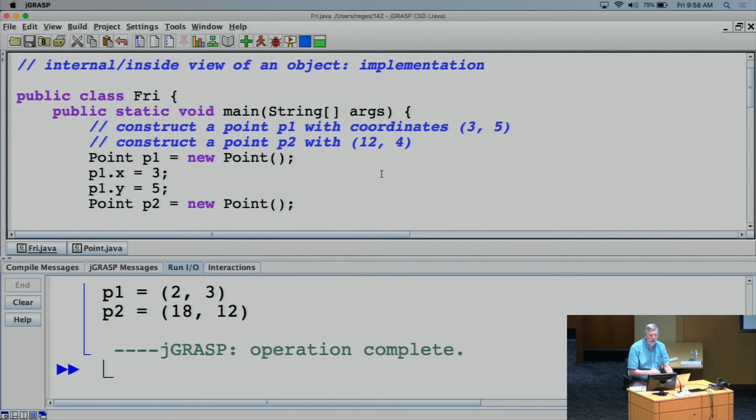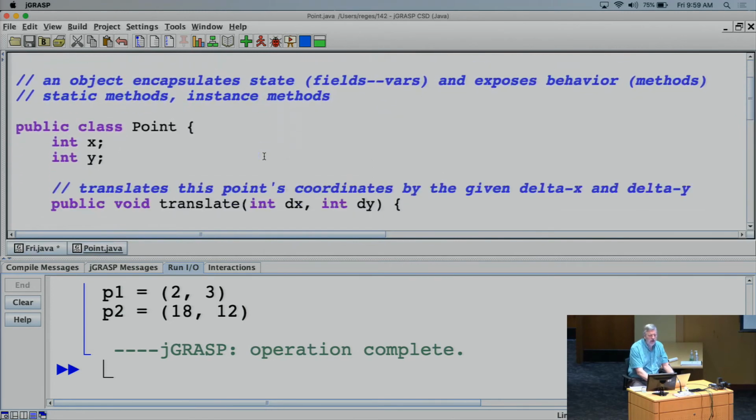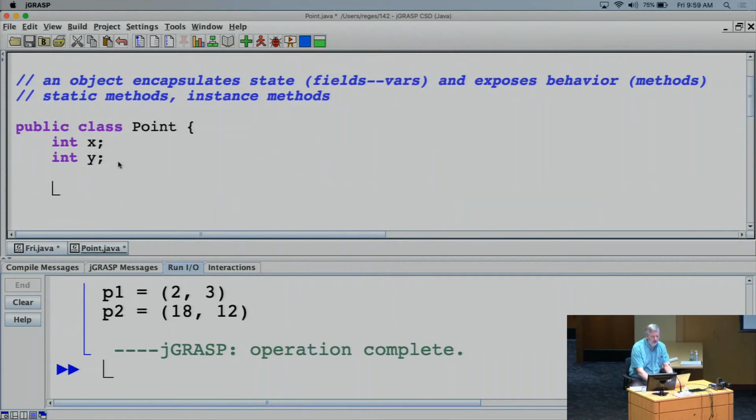But in any event, we've seen things like this before. Why would you say, give me a point that is going to turn the x and the y to 0, 0, and then turn back around and reset them? Why don't I just tell it, give me a new point that's got a 3 and a 5 in it? So instead of doing this, why don't I order the blue car to begin with? Why don't I say, hey, point factory, Java, when you're constructing this point, give me one that's got 3, 5 in it already? So I want to do that next. And in order to do that, we have to understand something that is known as